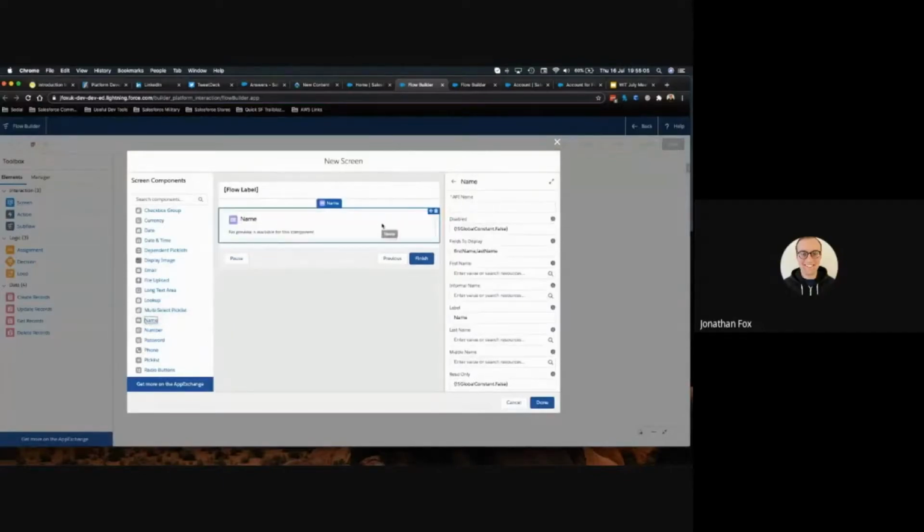Everything you drag onto the screen has to have what is called an API name. API name is what a developer will reference in their code, what you might reference in formulas. It's that __c kind of label that you find when you're creating fields. Everything's got to have an API name. Here, we've got to give it a name. All I would suggest is give it something logical. So I'm going to type here contact